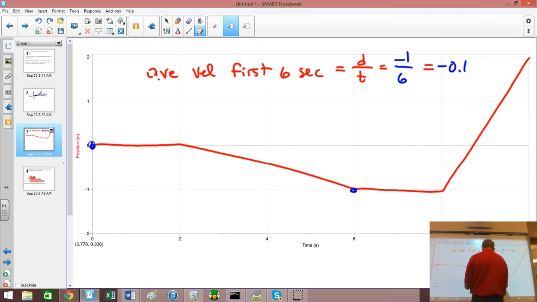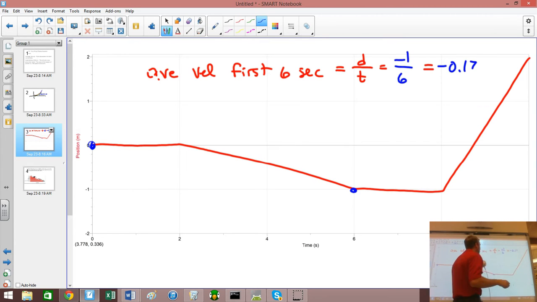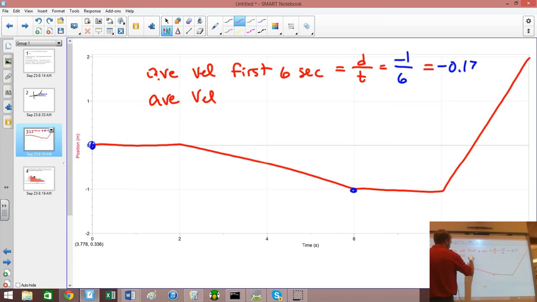16 repeating, but it's 17. What if I switched this and I said, what's my average velocity for the 2 to 6 seconds? That's a little bit different. So here,